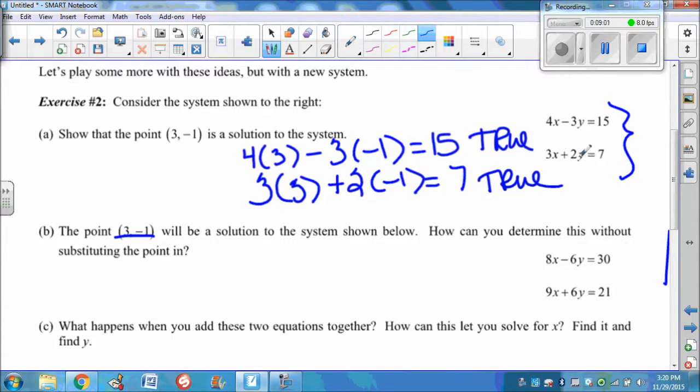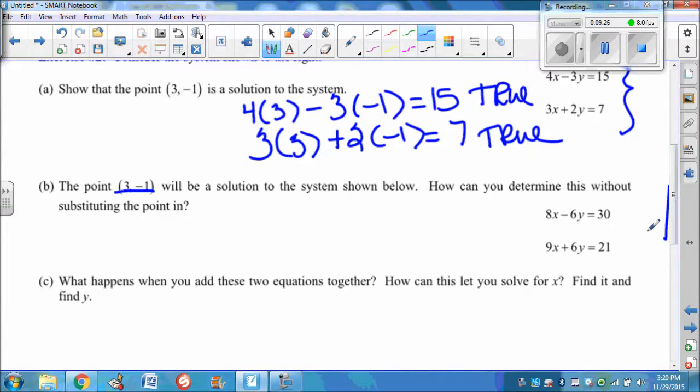And then what might you see from this second equation to this new second equation? They must somehow be related to each other if they're saying that (3, -1) is also a solution to this system. So again, compare first equation to first equation, second equation to second equation. So what do you see